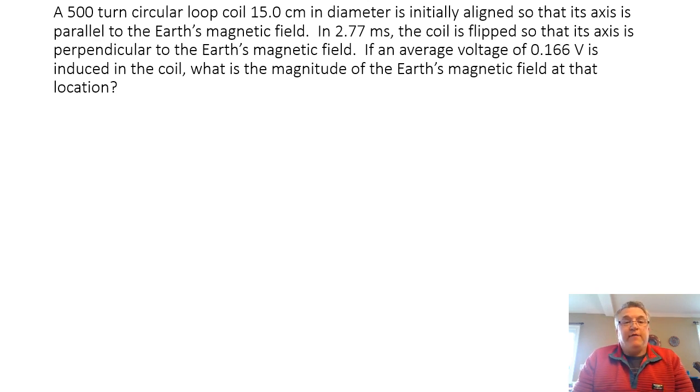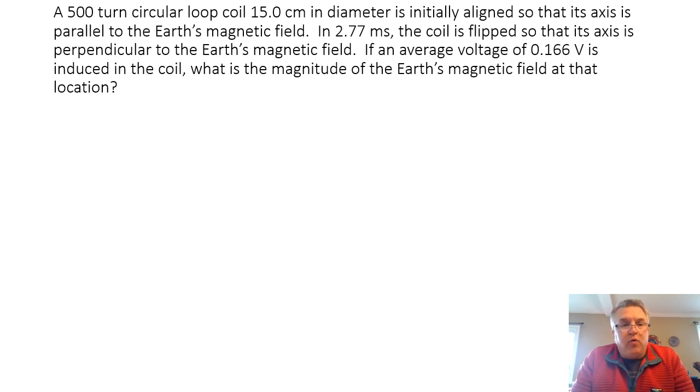We have a 500 turn circular loop coil 15.0 centimeters in diameter is initially aligned so that its axis is parallel to the Earth's magnetic field. In 2.77 milliseconds, the coil is flipped so that its axis is perpendicular to the Earth's magnetic field. If the average voltage of 0.166 volts is induced in the coil, what is the magnitude of the Earth's magnetic field at that location? All right, there's a lot to unpack in this problem,